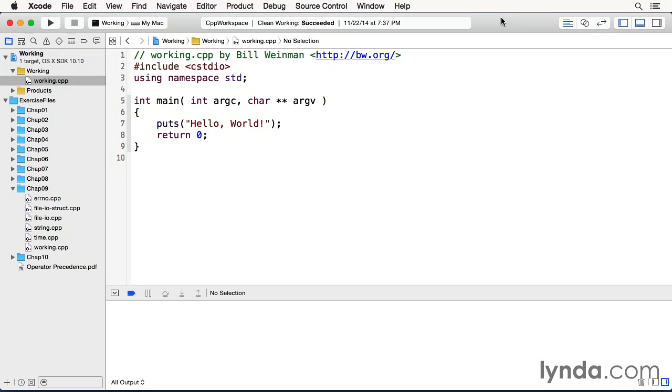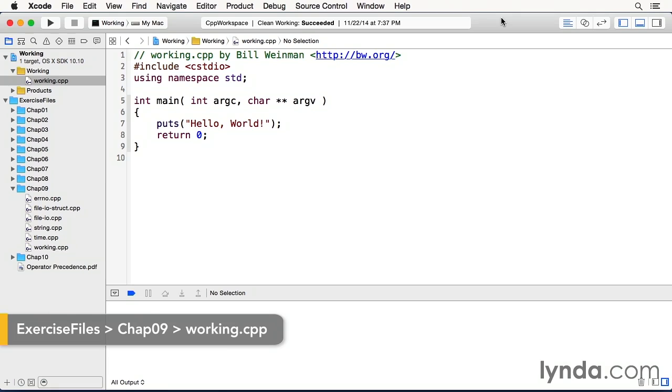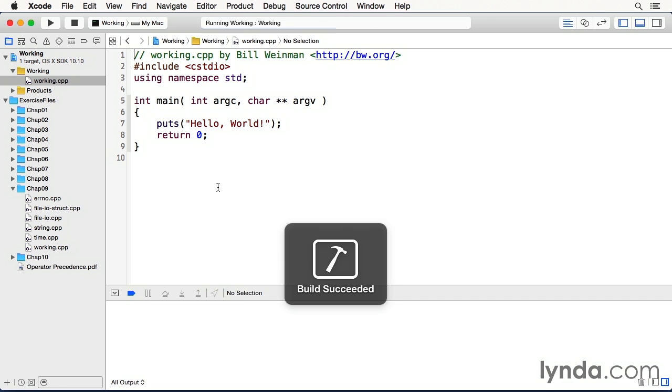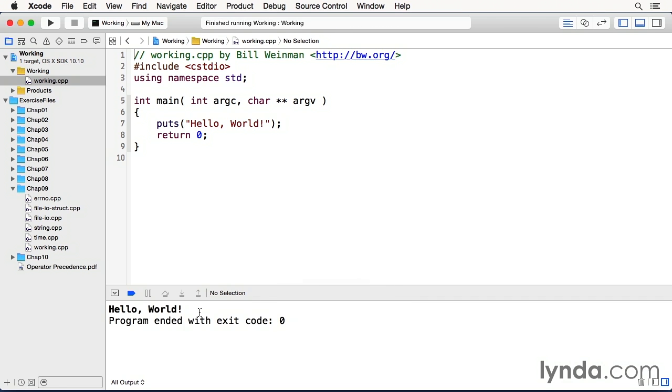The C++ standard library provides some simple functions for unformatted character I/O. Here I have a working copy of working.cpp from chapter 9 of the exercise files. And you notice this line on line 7, this call to puts. It has a C string, and when I build and run, it displays that C string on the console, terminated